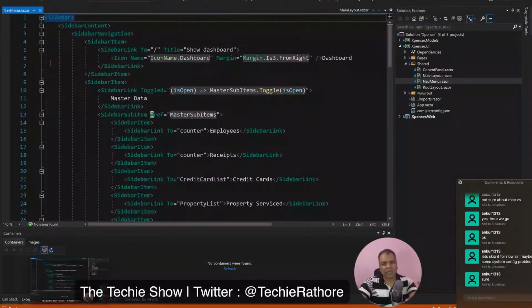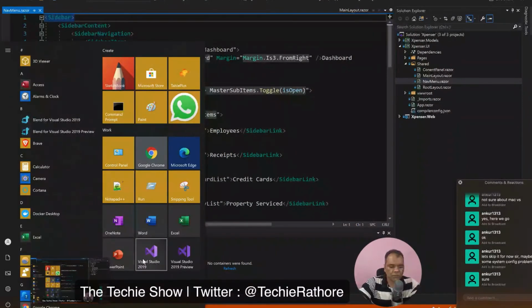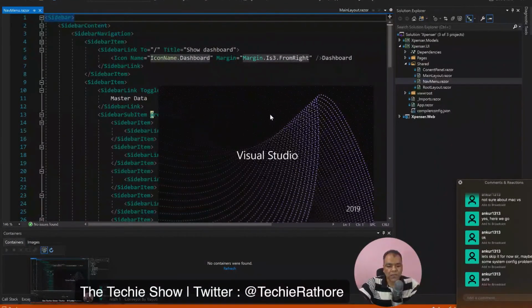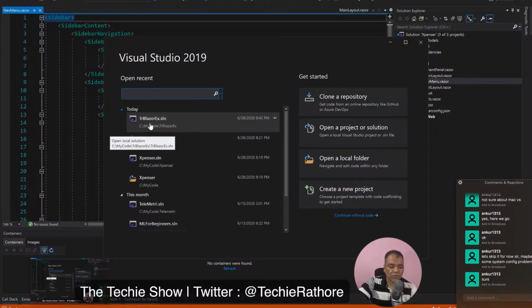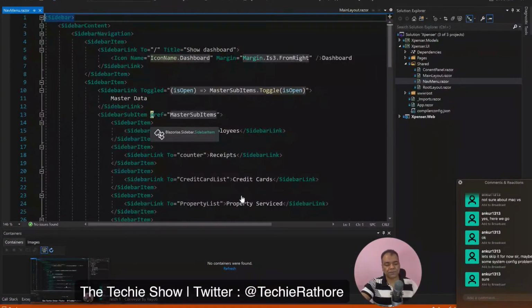So if you use any kind of third-party library, those libraries have different layout structure, okay. And let me open, what I'll do in parallel, because we will see the default structure of the code, okay. So let me open the same. I'm sorry, I closed that project, the Blazor EX project. There the server was also running, we unnecessarily closed that thing. So yeah, Blazor EX.